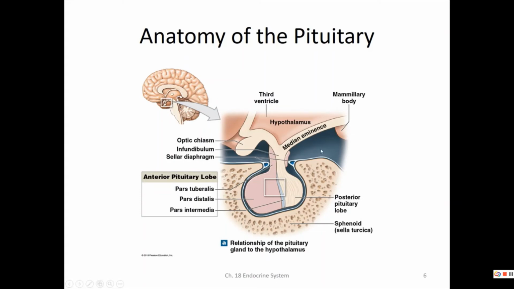And then the posterior lobe is neurohypophysis, as it is continuous with the neural tissue, so those neurons up here in the hypothalamus will come in here. So that's where you had the supraoptic nucleus and paraventricular nuclei all bring their axons down into the posterior lobe where they release. Okay, now,